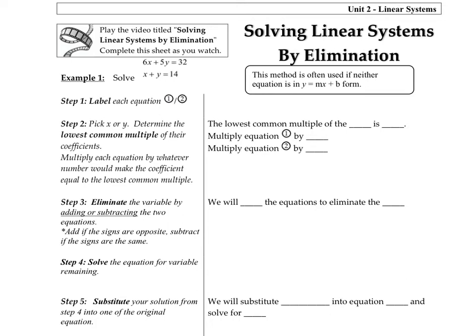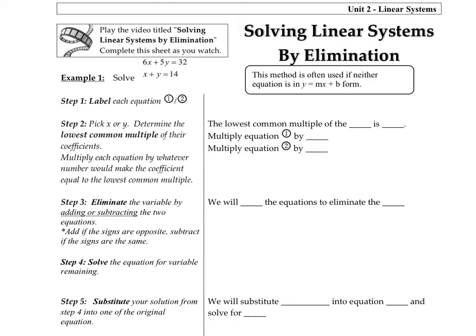So yesterday we learned about substitution, which we use if we can isolate for a variable easily, like if the coefficient of one of the variables is 1 or -1, or if one of the equations already has a variable isolated for. Now today we're going to look at elimination, and pretty much elimination you can honestly use any